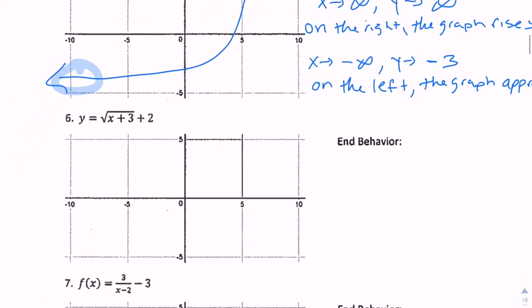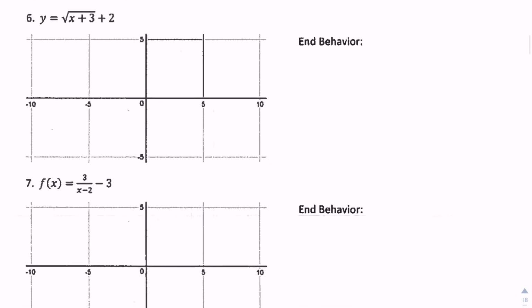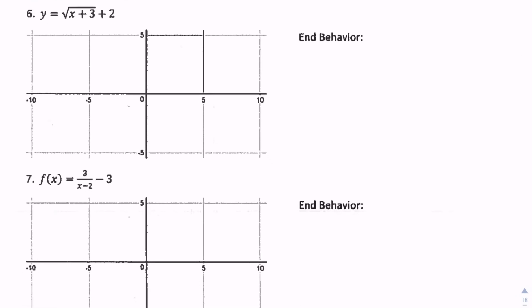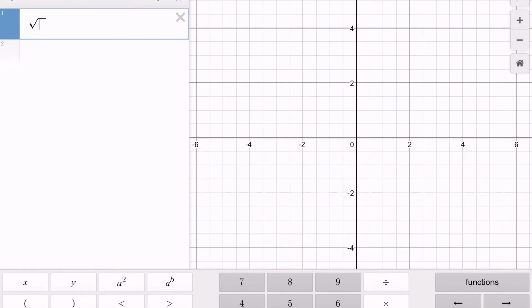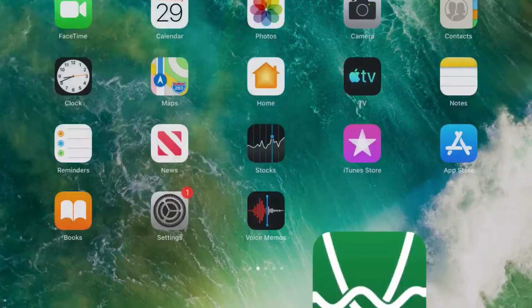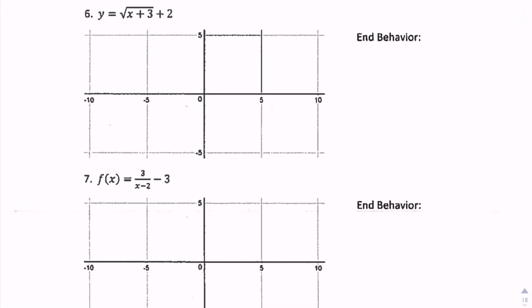Okay, let's take a look at number 6. Go ahead and put that into Desmos. Here's your square root button down at the bottom. We have x plus 3, arrow out of that, plus 2. Okay, so here is your graph. Go back and draw that. Something like that. Okay, so as x approaches infinity, y approaches. On the right,